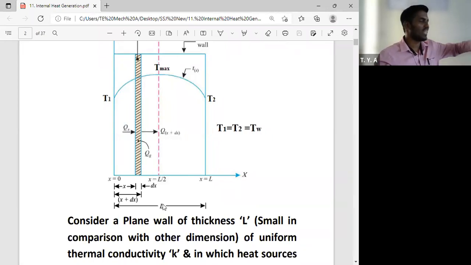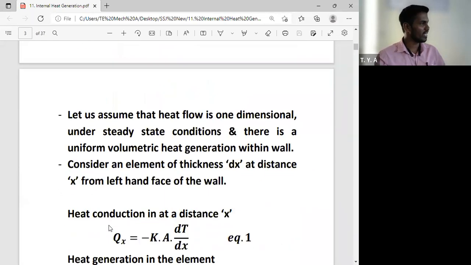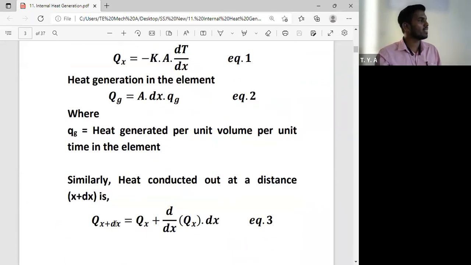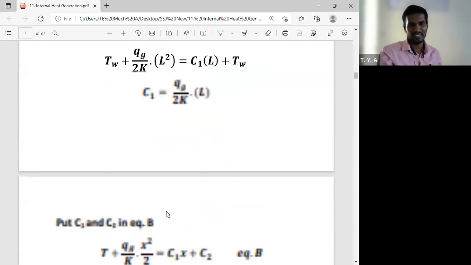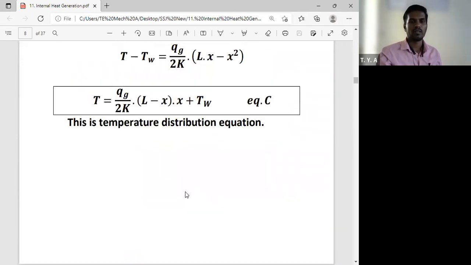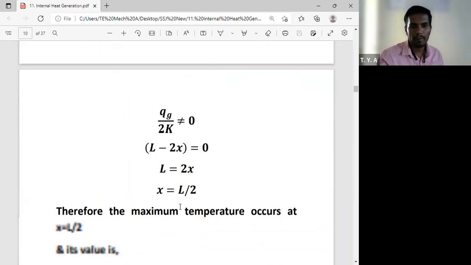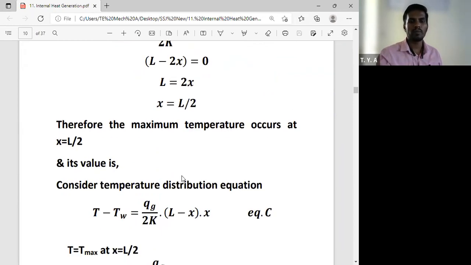ते कन्सेप्ट वेगळा झाला, हे डायग्राम वरून मी सांगतो x is equal to L आणि ते जे इक्वेशन आहे, we have to use that equation, we have to find out at what location the maximum temperature is there. So for that we have to derive that equation. So from that diagram we say that x is equal to L, and in that don't think in that way. Okay, so we are finding at what location the temperature is maximum. So for that we have derived that equation. Okay, so what is the value of maximum temperature? आता आपल्याला maximum temperature find out करायचं आहे.